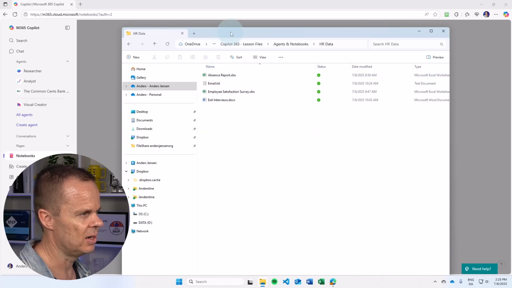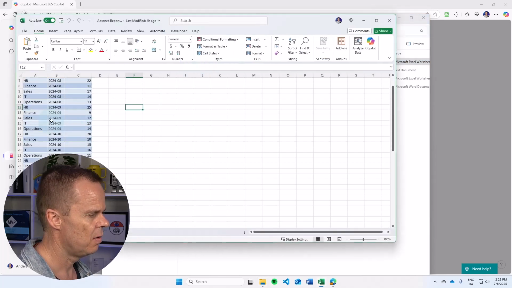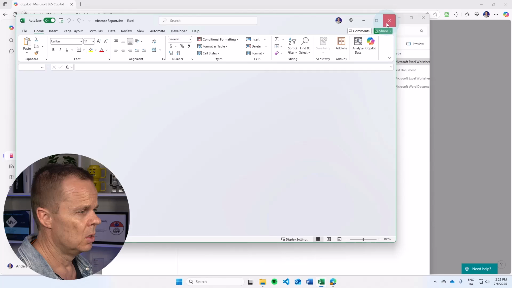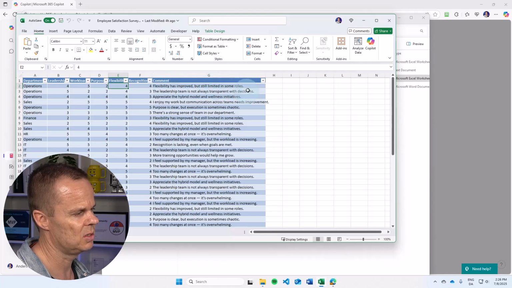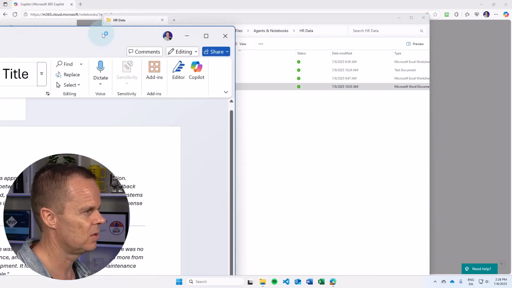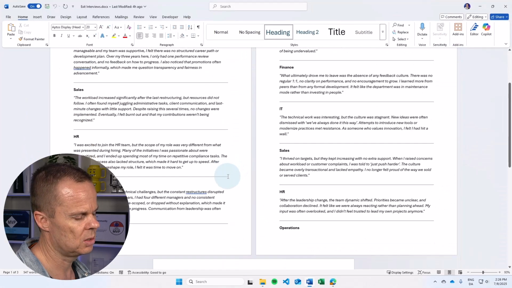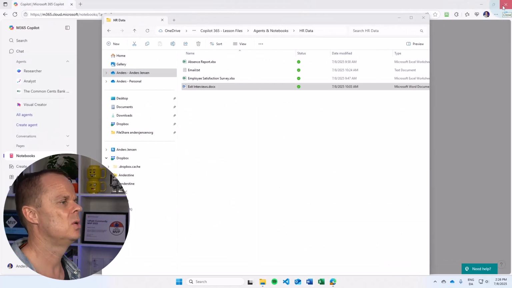And here we have the HR data. I have an absence report. Here I have the absence data from my departments for the last year. Then we also have the employee satisfaction survey. Here we have a department, and then they give grades, and they have a comment. For example, flexibility has improved, but still limited in some roles. And finally, we have some exit interviews with employees. So let's try to add them to a project, and let's see what we can do and why it